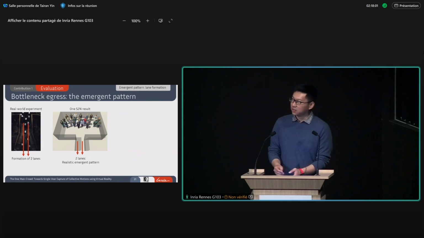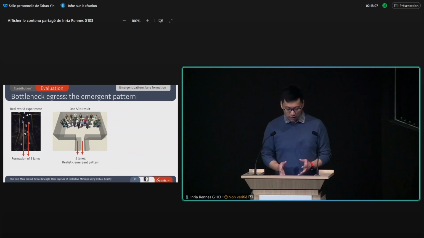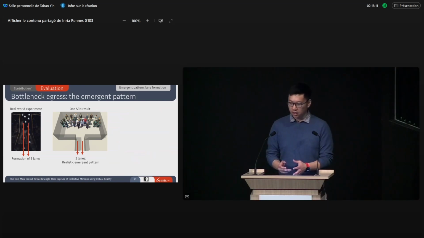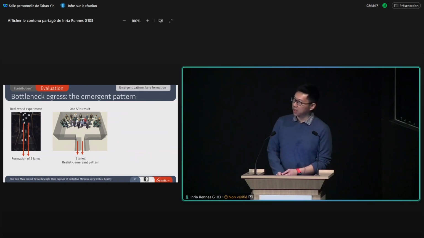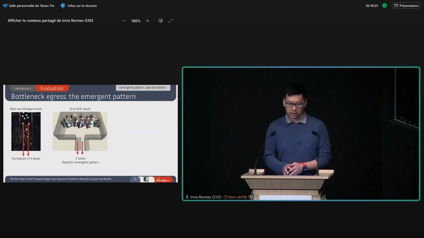And then you might want the user to be able to be pushed. I don't see how we can do that, but you have to have at least some sort of convincing pushing animations as well, which is why I think at this stage of the one-man crowd paradigm, we're not able to tackle that, to explore that scenario.